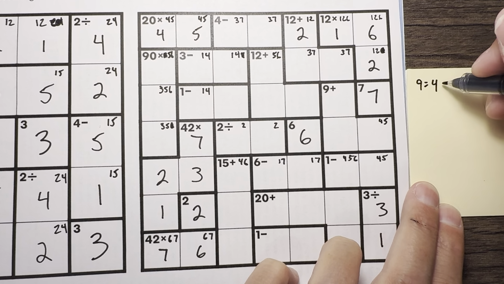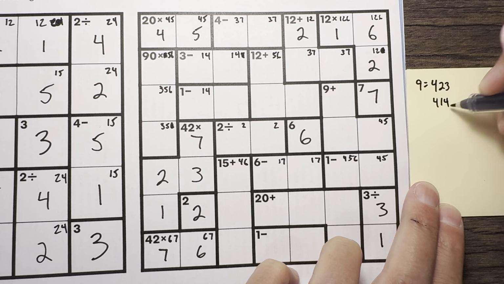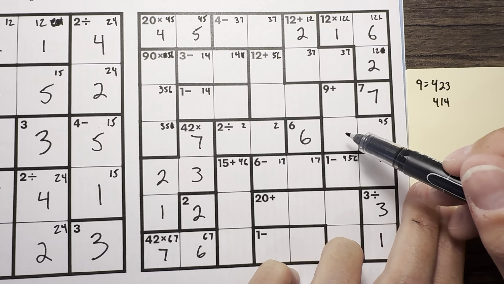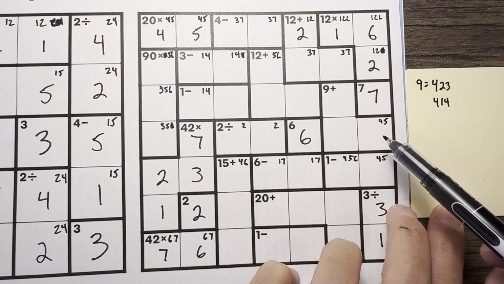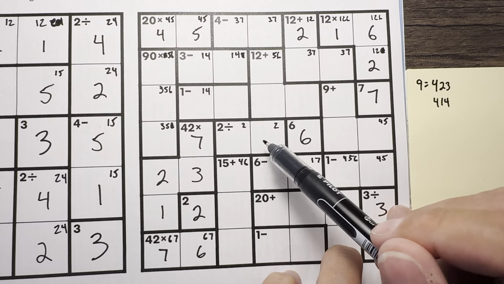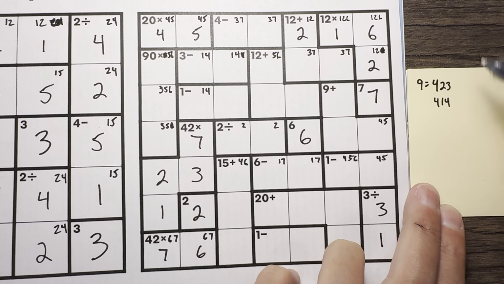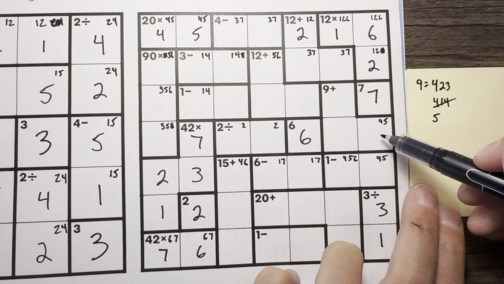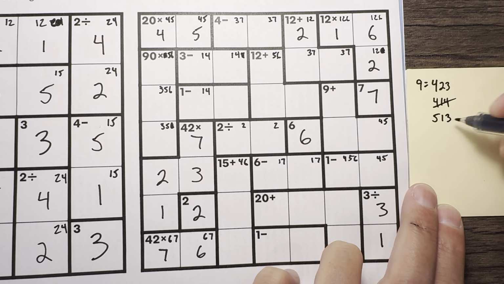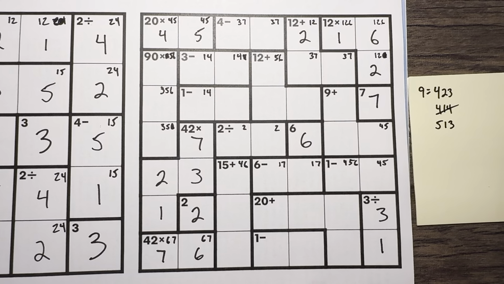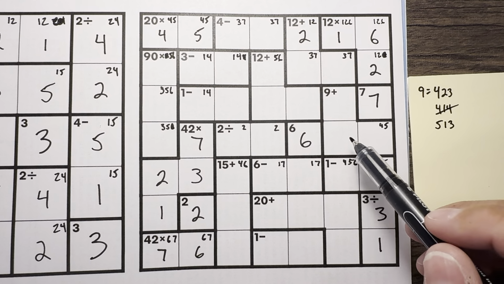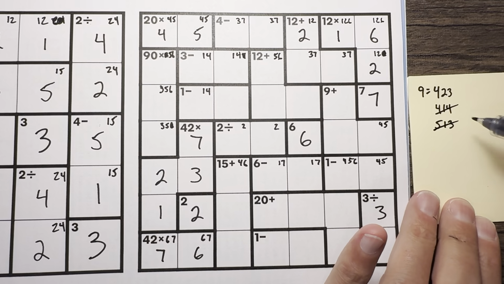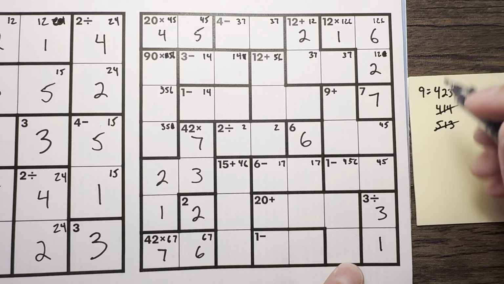You need 5 more, so that's 2, 3, or 1, 4. 4, 1. Oh, actually, this won't work, because if it goes 4, 4, 1, I can't put anything with the 2. The 1 and the 4 will both be gone, so that's out. And then if it starts with a 5, I need 4 more. It can't be 5, 2, 2, because the 5 goes here, and I can't go 2, 2. So it has to be 1, 3, 5. Oh, and there's a 1 here. So I can't go 5, 1, 3 because of this 1. So this is out. So the only option for that 9 is 4, 2, 3,